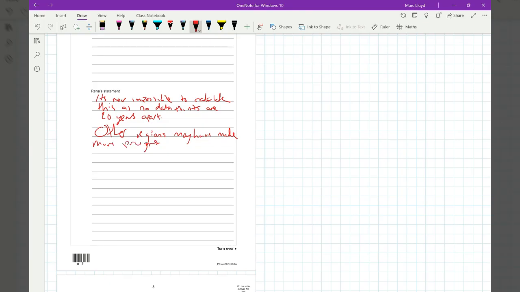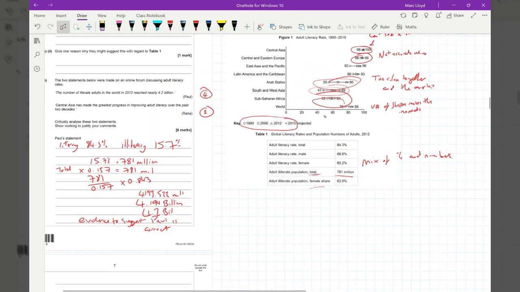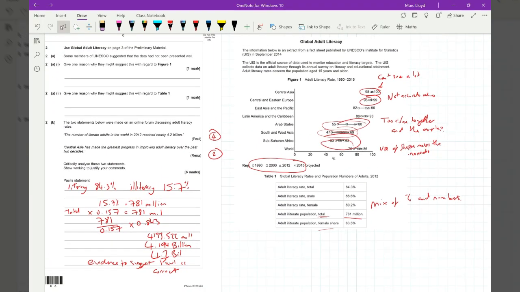Okay. And that's it. That's question 2 done. So with this critical analysis, do stick with it. You're looking at things, you're trying to prove if people are right or wrong, spotting errors in working. I'm sure you're going to do absolutely fabulous. That's question 2 done. And I'll see you at question 3 for your selected papers.